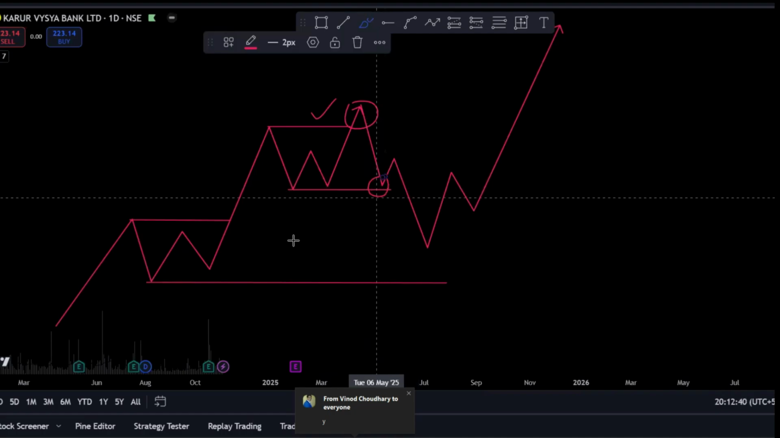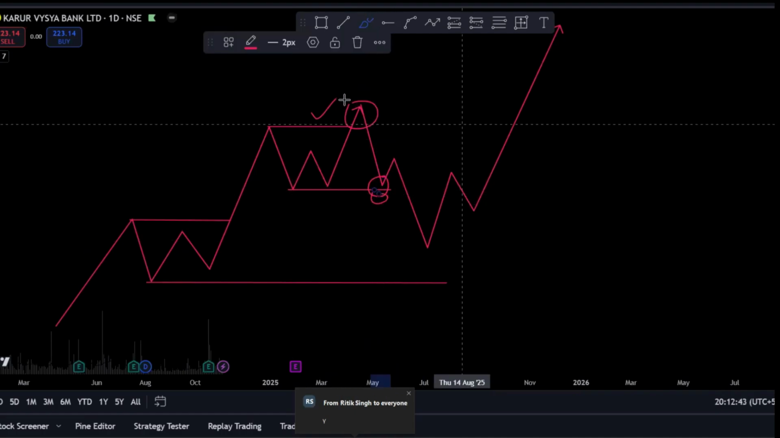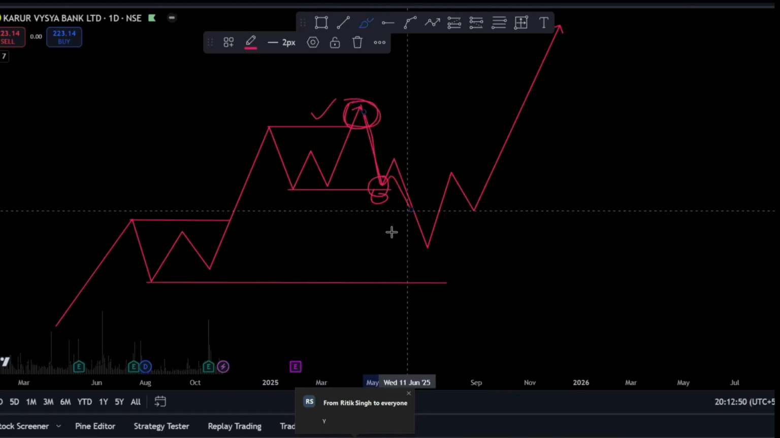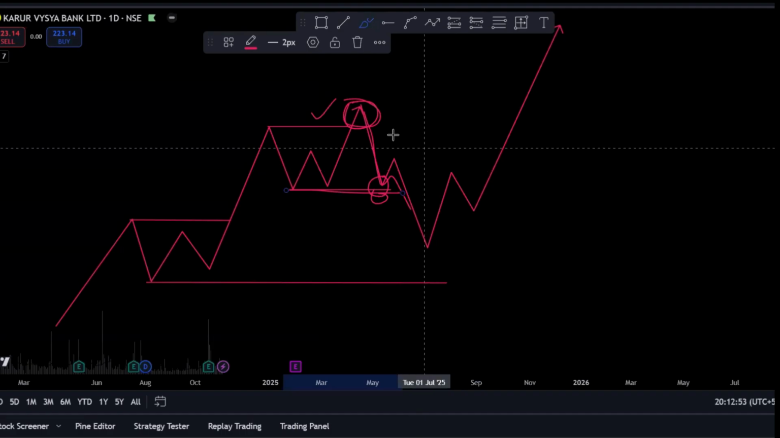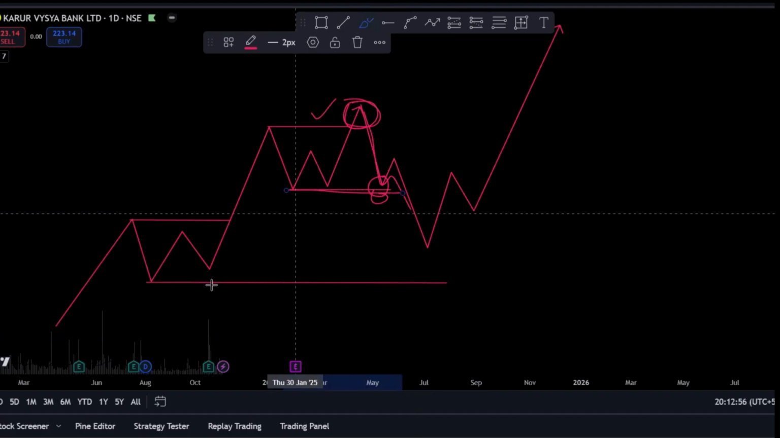Below support, we again had a lot of liquidity over here. So the price went up, took the buy side liquidity, came down, took out all of their stop losses, and let the people believe. So what happened over here was,